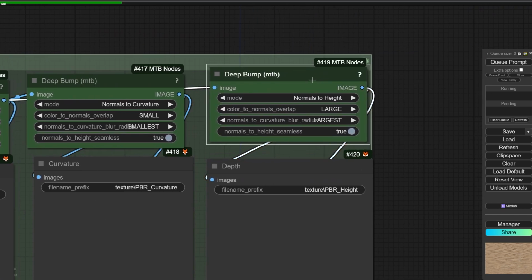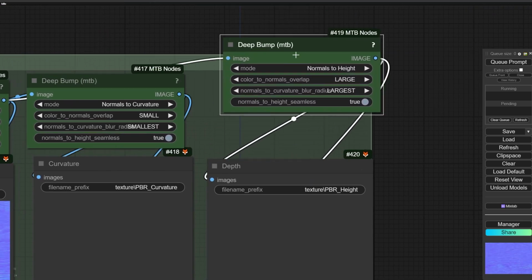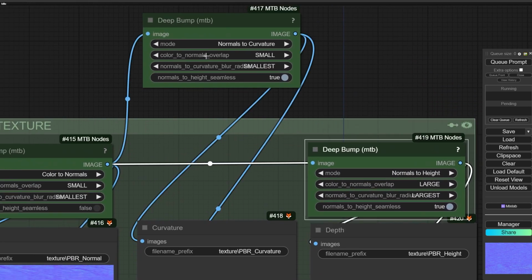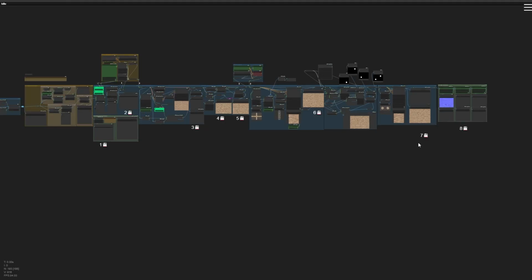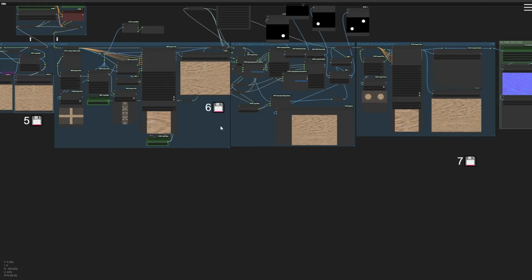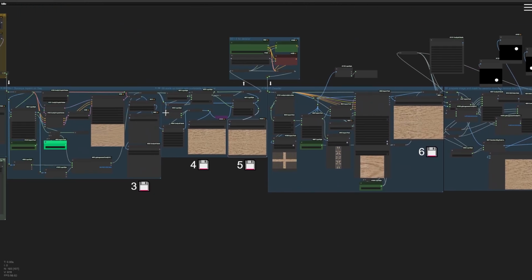And after that, also you can have another node. Okay, let me show you. Both of them are connected to normal. Actually, I think it's a great exercise for understanding different parameters and connection in